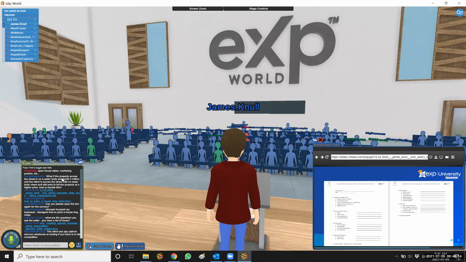Okay, so the next question is, what if the property across the street is on a body of water, worth $2 million, and the client has no water, just water views, and wants to list at a higher price? So